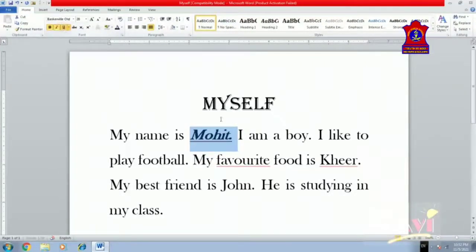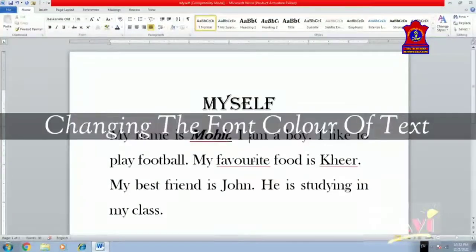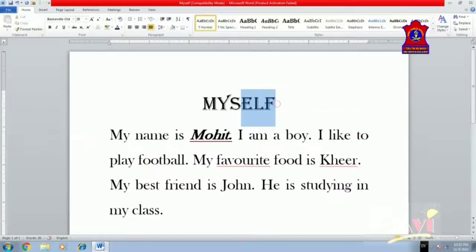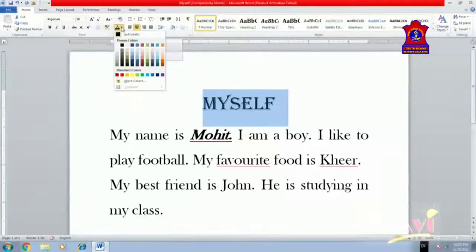Okay, now we are going to move to changing the font color of the text. So this is the text that I would like to change the color. Okay, so select the text first, go to Home tab. From here, go to the font group and see here we have font color. Just click on this arrow and change the font color.